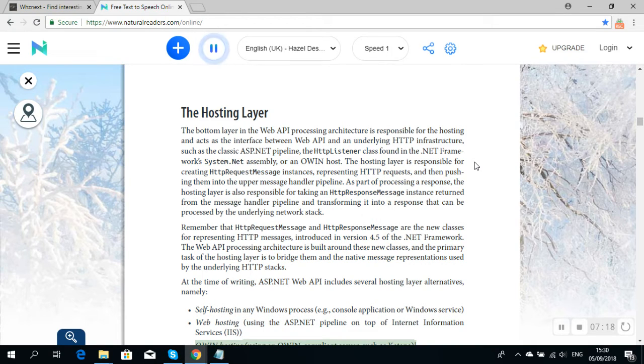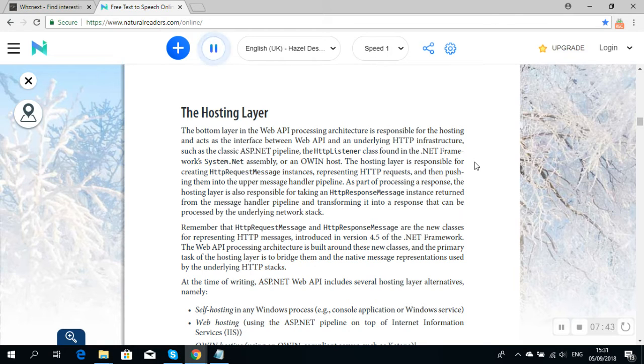OWIN hosting using an OWIN-compliant server, such as Katana. The first hosting alternative is implemented on top of WCF's self-hosting capabilities and will be described in Chapter 10 in greater detail. The second alternative uses the ASP.NET pipeline and its routing capabilities